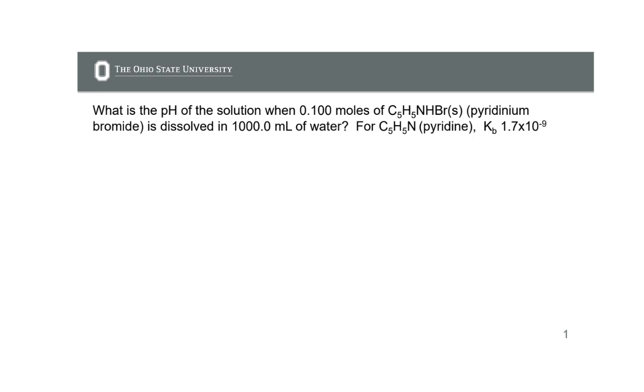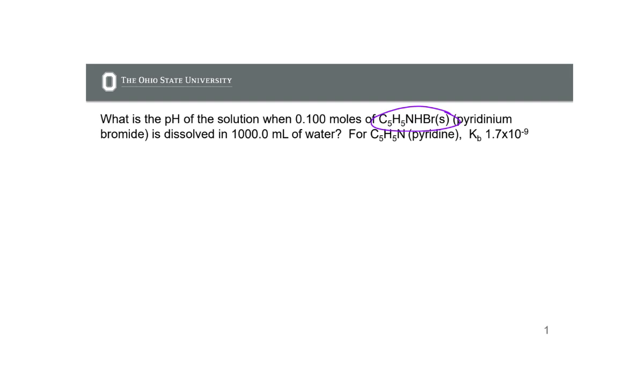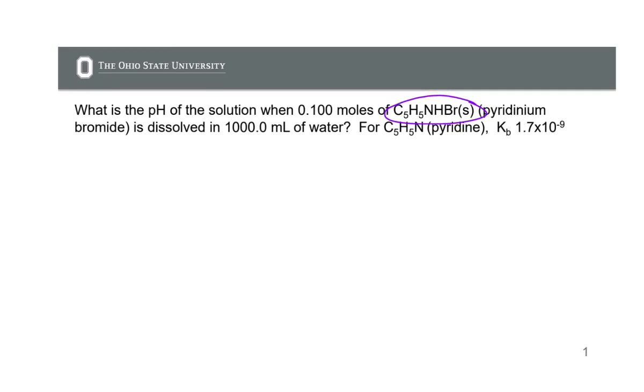There are a couple of things we're going to look at today within this problem that aren't super obvious. The first one is, what is this pyridinium bromide? This is a salt. It is a salt that makes an acidic solution. So when we put this salt in solution,